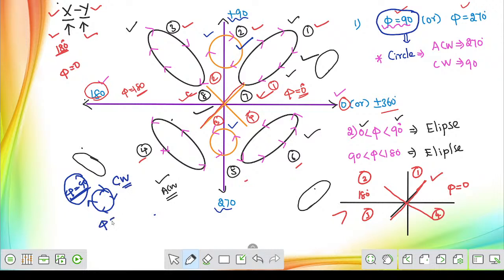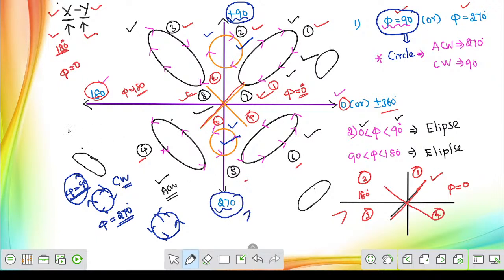Suppose the phase angle difference between the two signals is 270 degree, then also you can observe a circle on the CRO screen, but this will start rotating in anti-clockwise direction. That is the difference. So totally we can observe two circles on the CRO screen. One is clockwise and another one is anti-clockwise. A clockwise circle will appear when the phase angle difference between these two signals becomes 90 degree, and it will rotate in clockwise direction. An anti-clockwise circle will appear when the phase angle difference between the two signals becomes 270